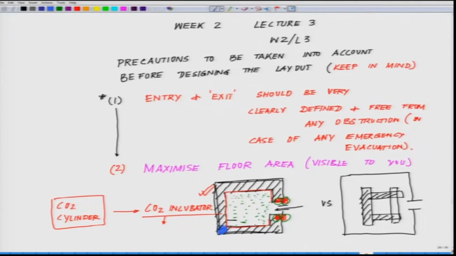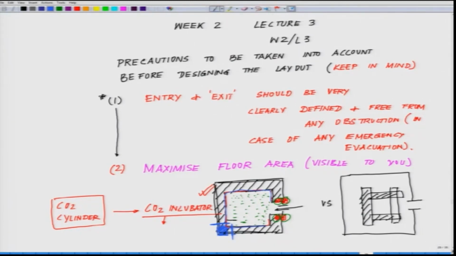So, you realize if you make the whole countertop in advance and then place your incubator here, you do not have any designated good spot to keep the cylinder. So, even before you design the countertop, you ensure that there is a location where the countertop becomes discontinuous, something like this, which I am curving out in blue pen, either a space in the corner,